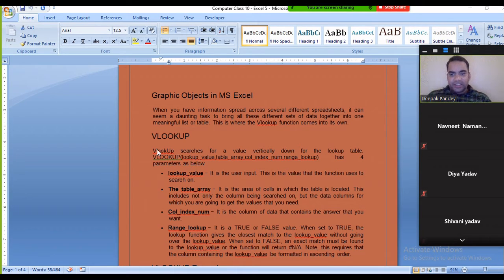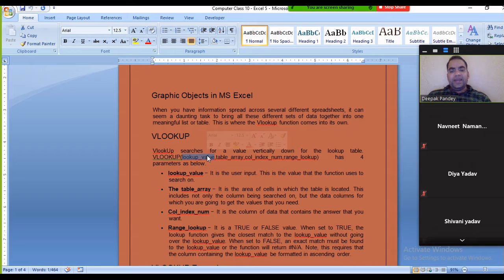So let's continue as the definition suggests. VLOOKUP searches for the value vertically down the lookup table. In the VLOOKUP formula, we need to write down the lookup and we have some parameters in it.